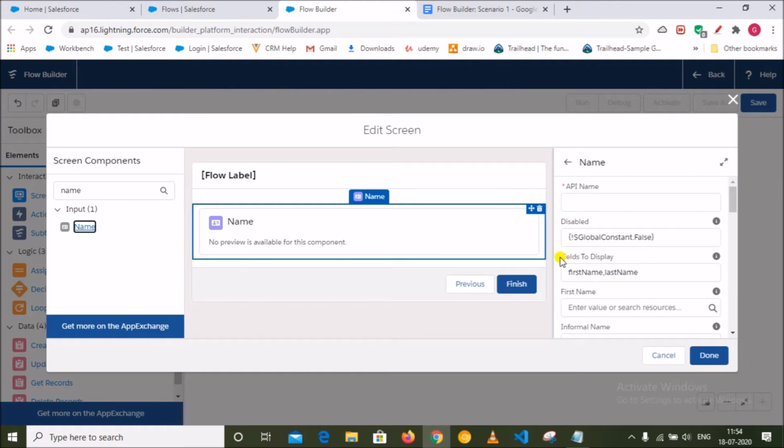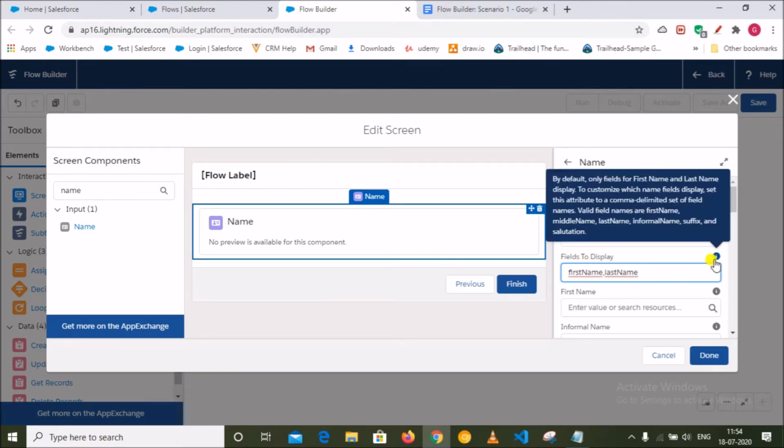There is one option available, field to display. So basically this is a customized input component. If I am using name, I have the option to display first name, last name, middle name, salutation, everything as per my requirement. I do not need to use first name separately, last name separately, multiple input texts.